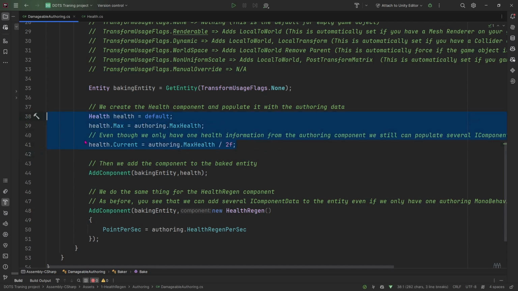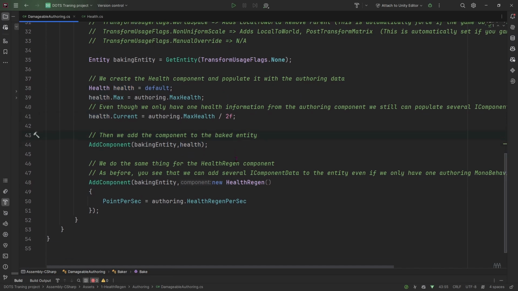So I've defined my data, but it's not yet linked or associated to the entity. So I need to add the component to the entity. So I call the AddComponent method, passing in the baking entity, which I'm currently converting or processing, and I give it the else component that I've just created.